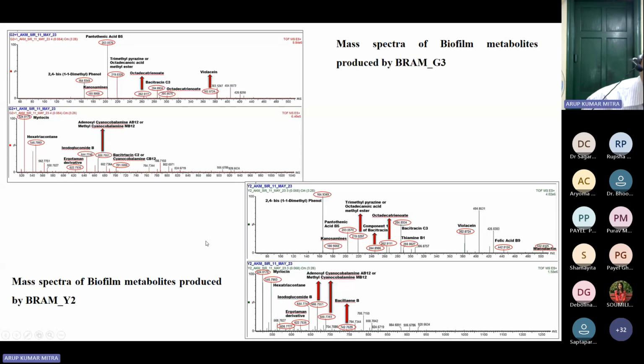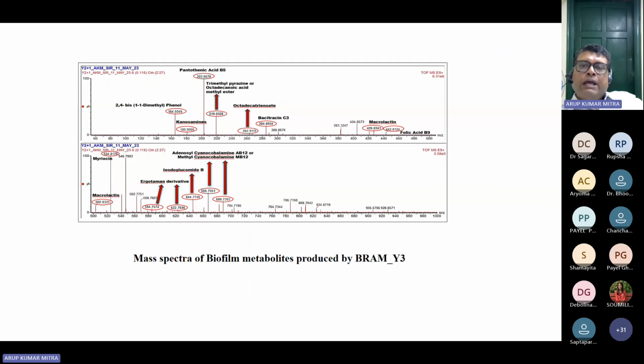We come to G3, where again this trend is there. Apart from that, there may be ergotamine. Ergotamine is actually a particular alkaloid, which is inducing smooth muscle contraction causing abortion. They were producing essential fatty acids like octadecatrienoate. They were producing pyrazine, bacillin. All these things were there. And you can see the frequency of the peaks in Y2 is more. So secondary metabolite production may be more in Y2 and even more in Y3,